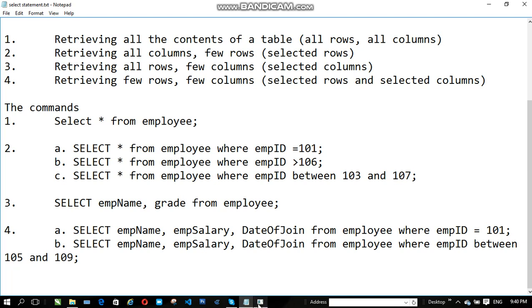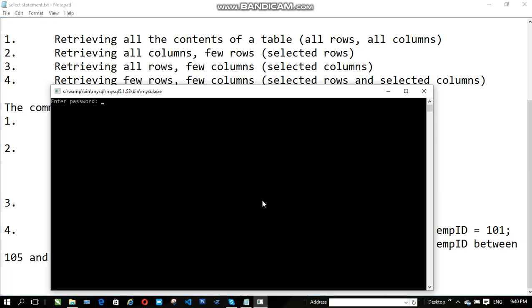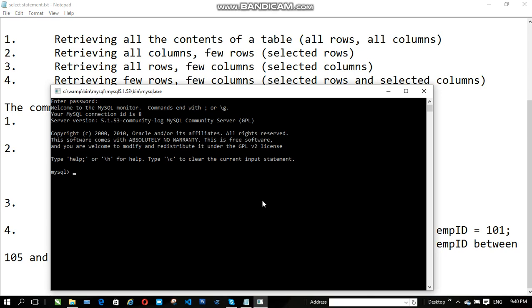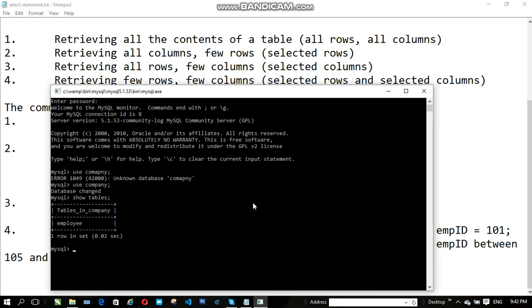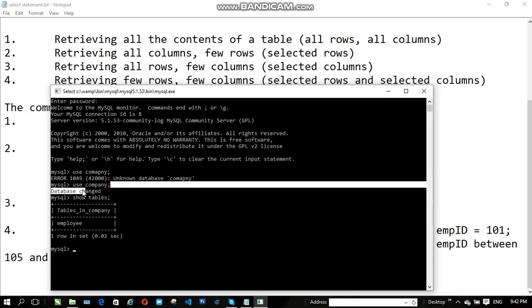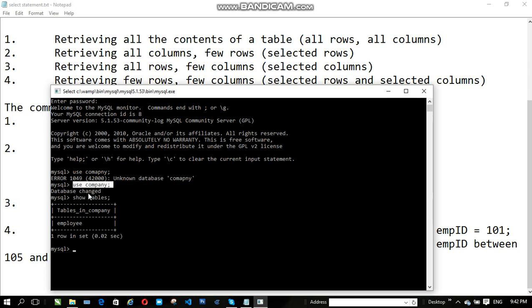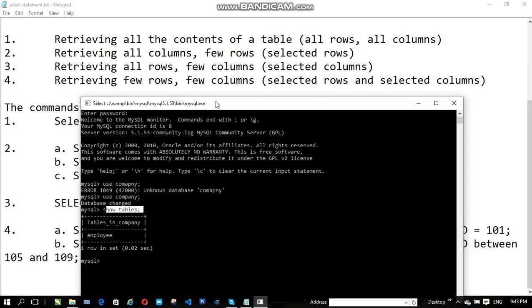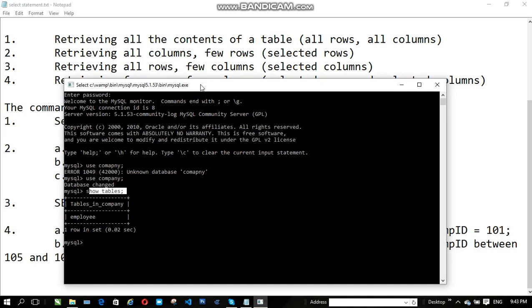So let's go. From our database named company, it has been selected, and we are showing the tables presently. So we know where we stopped in part 3, and we want to continue from there. To go with the first selection, all rows and all columns,